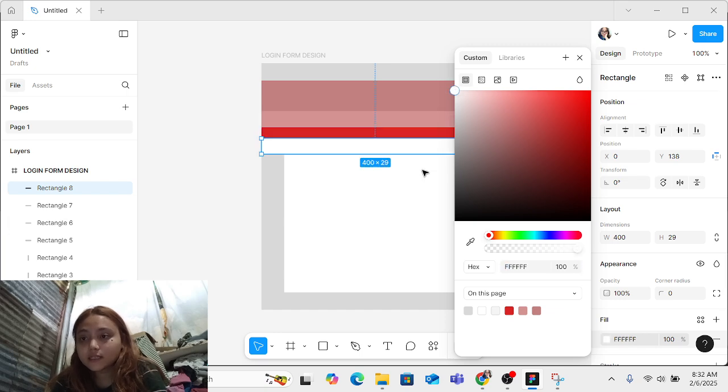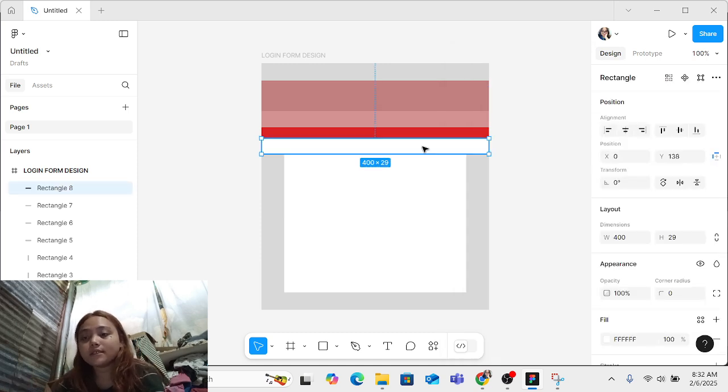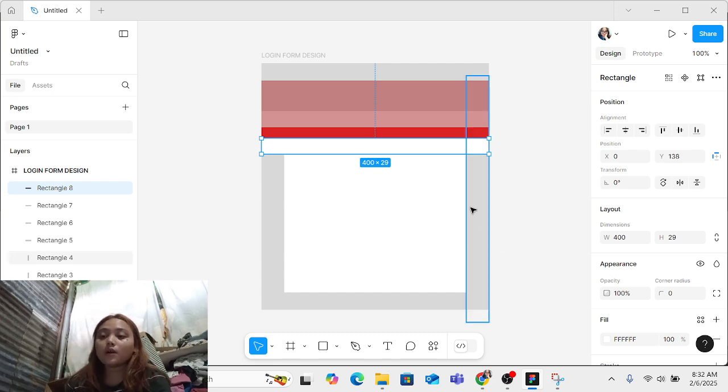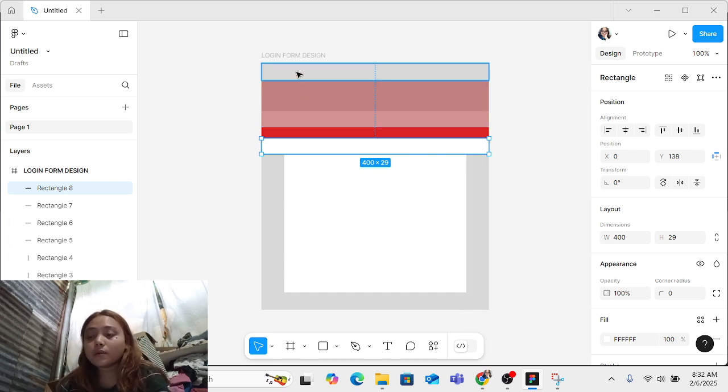Since later, since it's spacing, and later, if we are done to put all the designs here, the text and logo, we will change the background into white, and the only thing that will be put here is the design, and the background is white. So this is the spacing for that.